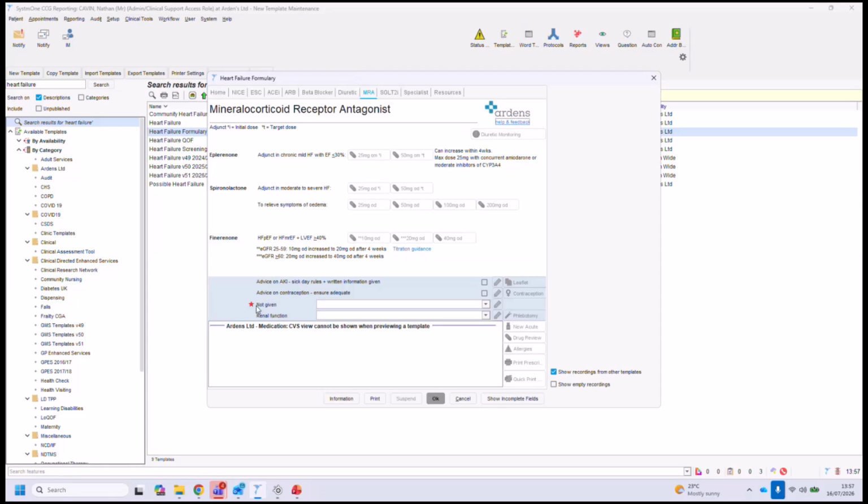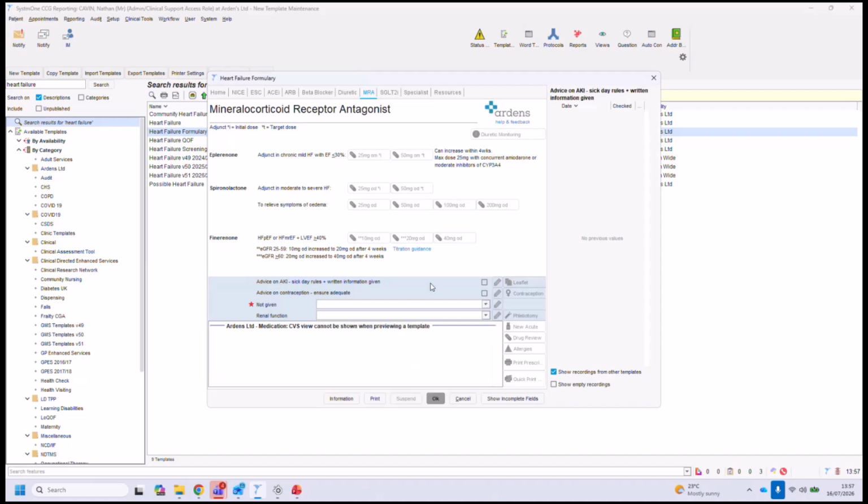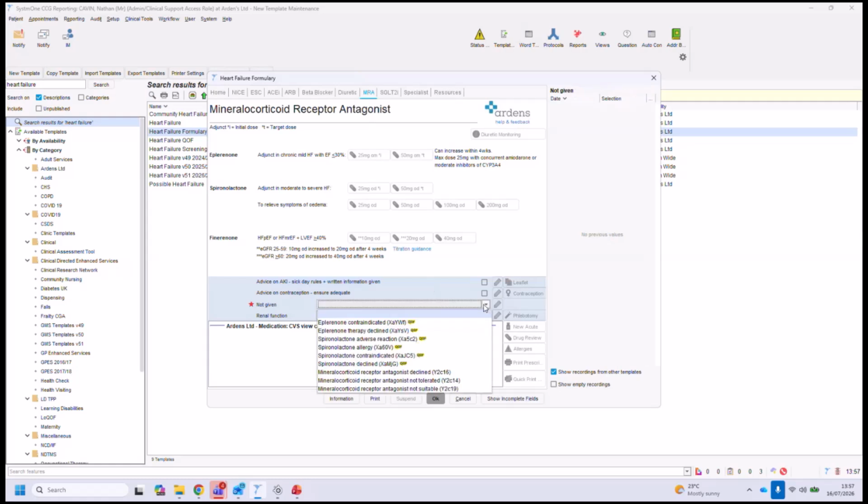But you've got your red star next to not given. So yes, it's on the QOF template, but I could choose any of the codes on there as well to take them off, it might be that they can't have that one. Therefore, on this template, I could choose one of these codes to make sure that you're adding that personalized care adjustment for that one. So it's relatively easy. Use the QOF template for just your QOF codes, use the best practice template for everything, but it incorporates your QOF codes. Sorry, I've rushed through that.